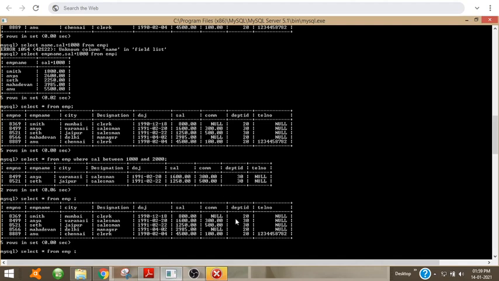The AND operator is always used like this. In the case of between also it is used, and it is used to separate two conditions.